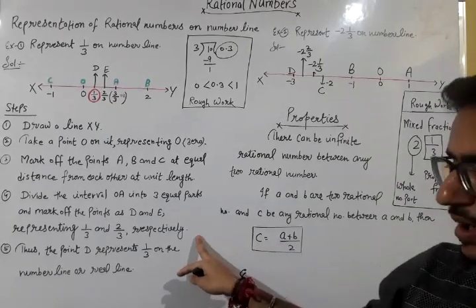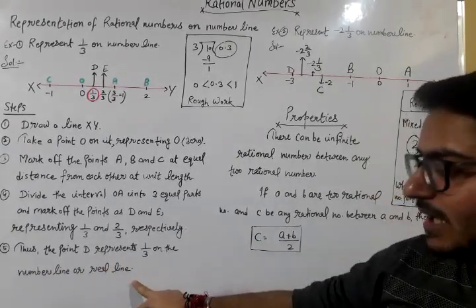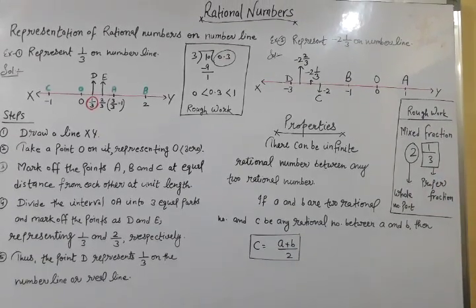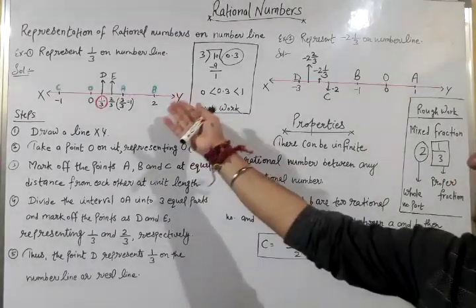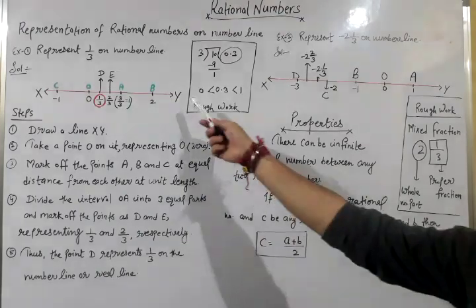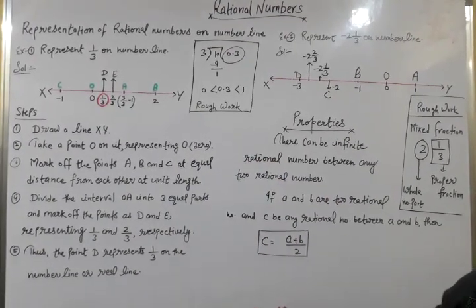Now the last point is that point D represents 1 by 3 on the number line, or real line. Number line is also known as real line because this line represents real numbers. I hope you all can understand example 1. For more clarification, for your better understanding,